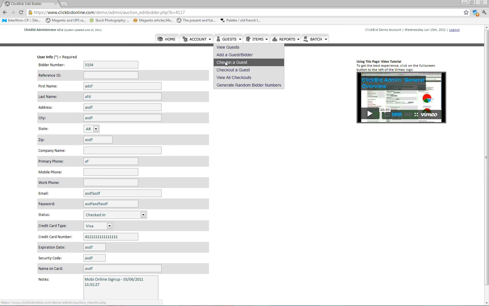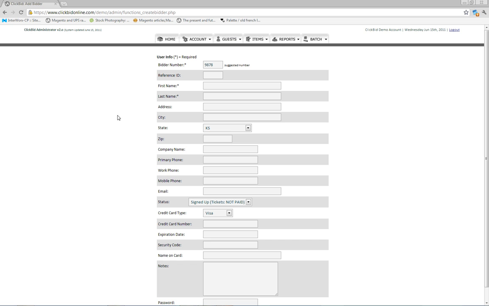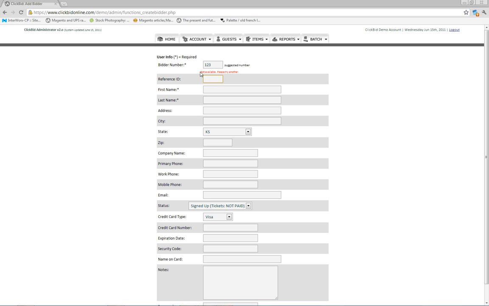Now, the adding a guest looks very much like the edit guest. We randomly generate a 4-digit bidder number. If you'd like to type in a custom bidder number, you can try a different number, and then we will report back to you whether that number was available or not. Right here it says not available, please try another. And maybe I'll try 124. And then it will say, oh, this number is available, so now I can go ahead and create this account